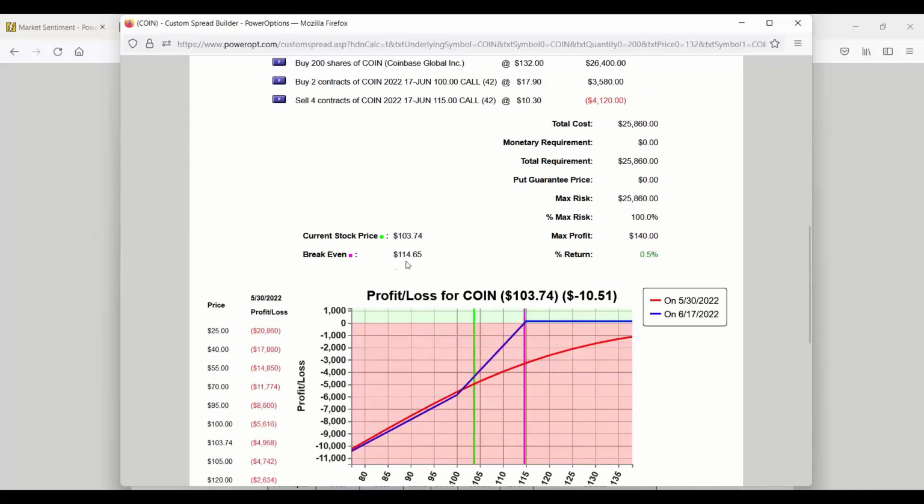But think about this. The break even is at 114.65. I average down to a cost basis of 132. I would need to get $18 in call premium over the next cycles. We were seeing about 250, so let's call it 8 cycles to get that $18 to get the break even down to 114.65. If your sentiment is the stock's going to recover, this stock repair gets you potentially to break